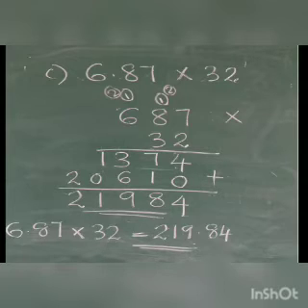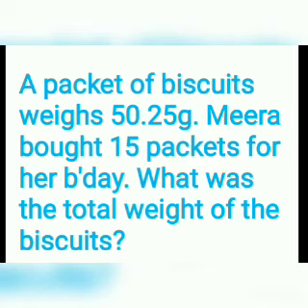That point should be inserted, and while multiplying you can avoid the decimal point and multiply as usual numbers. And in the product, counting from the unit place, when you are inserting the point, you have to count it from the unit place and insert it.